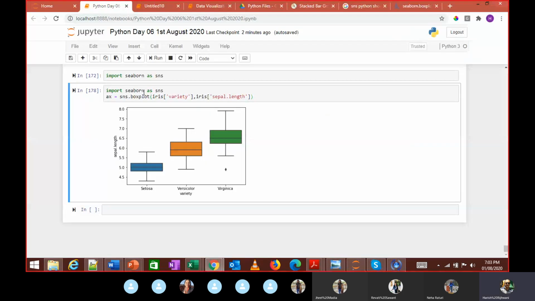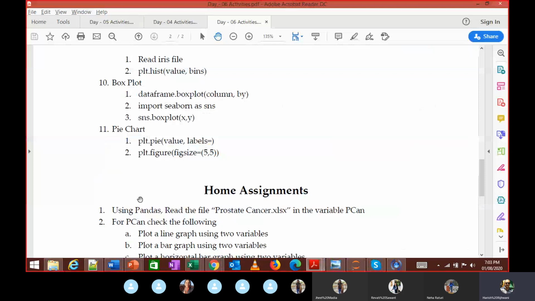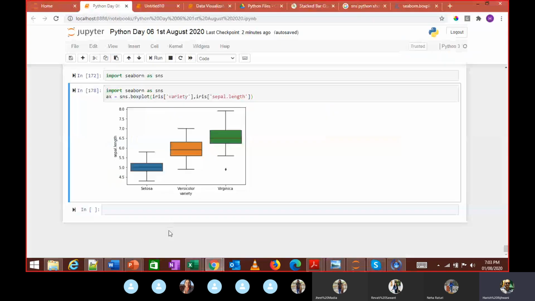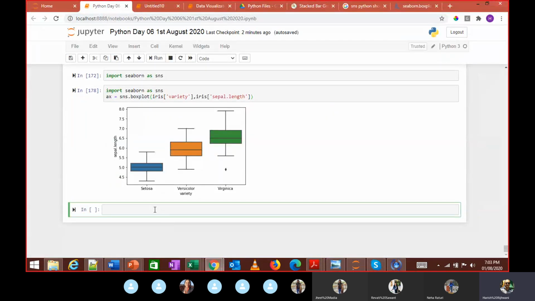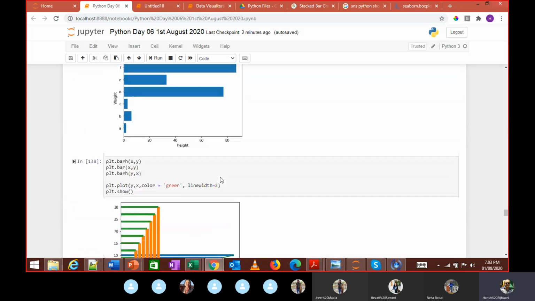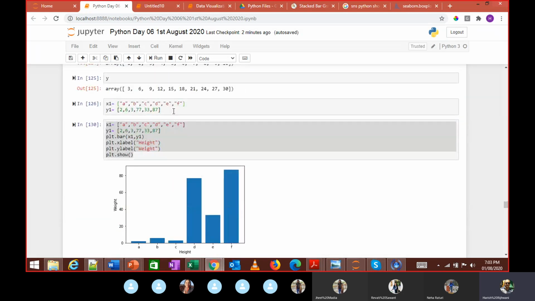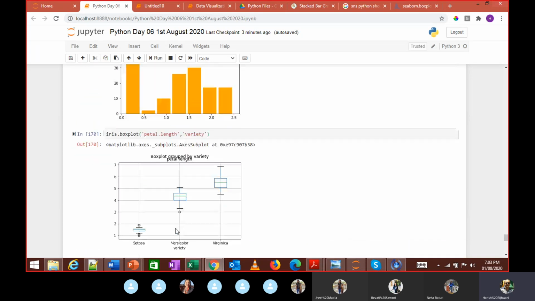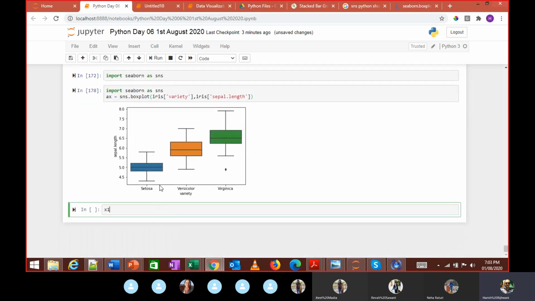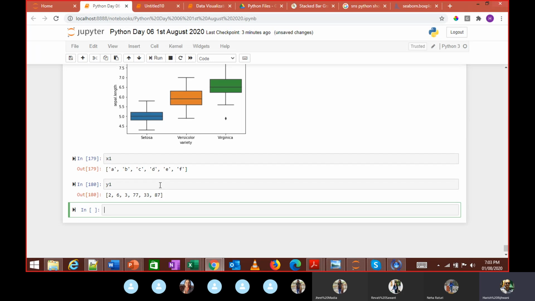So the last one is we are going to try a pie chart. Okay, so here you need value and labels. What had we created earlier? X1 and Y1 we created, right? Okay, so if I do plot dot pie x1 comma y1,